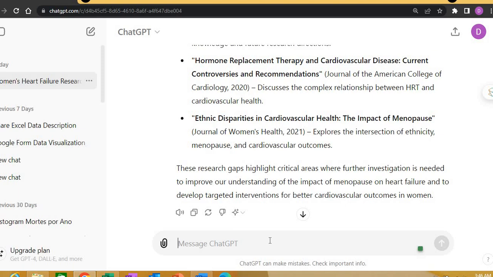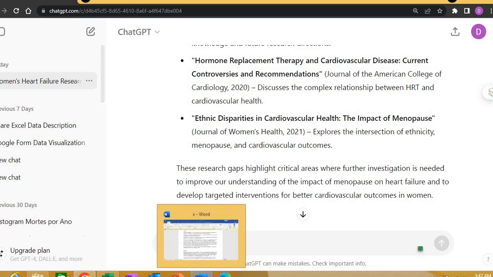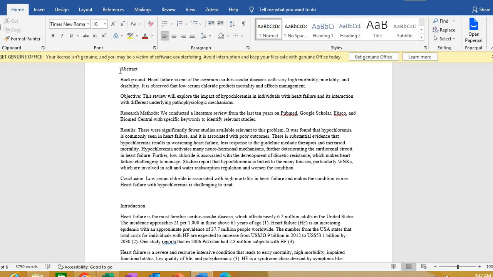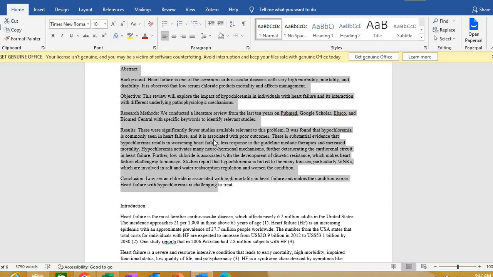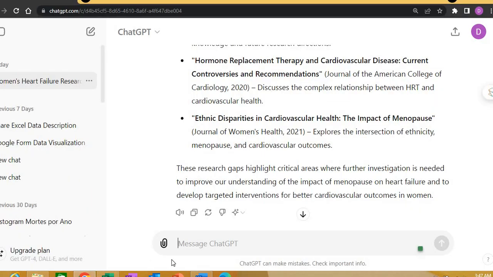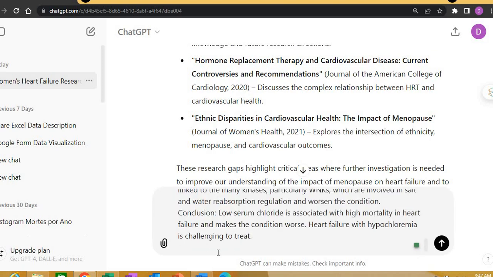Say, for example, you have written the manuscript, your manuscript is ready, and you obviously will have a research title, but you can create a better title. Or if you are confused about how to give a suitable title. So what you can do is, this is one of my abstracts, though published now, but I'm just copy pasting it. You can just copy your abstract and paste it here. What you can do is,